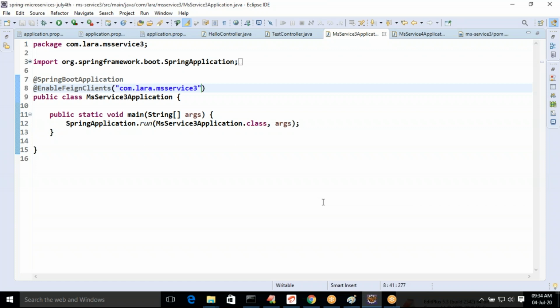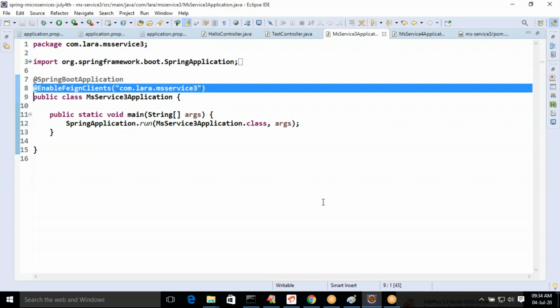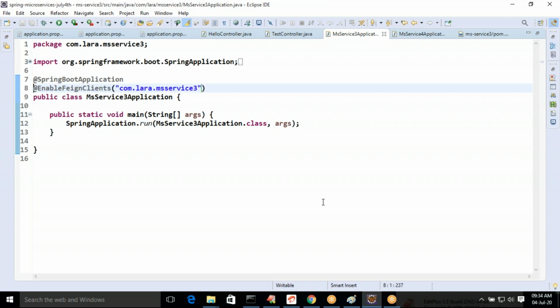This is the first and foremost step: enable Feign clients from a particular package, com.lara.ms service 3. This is one step.